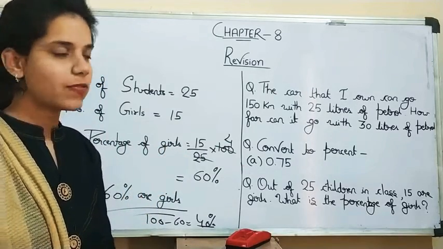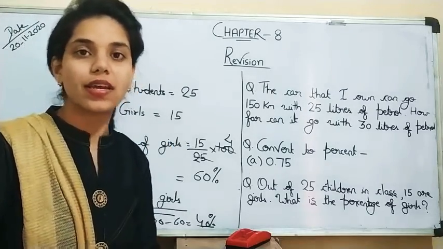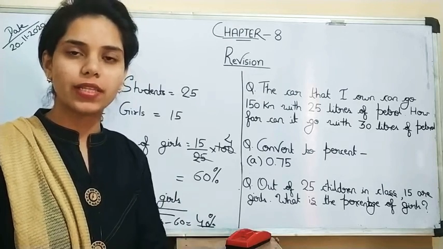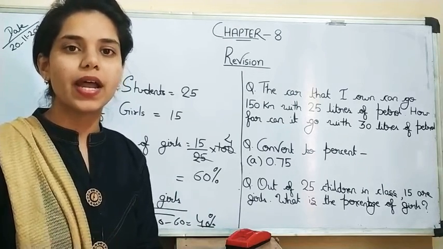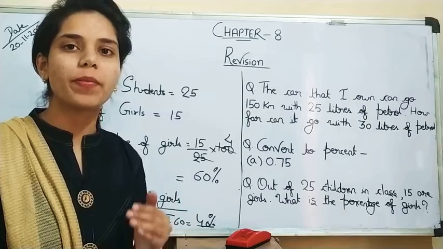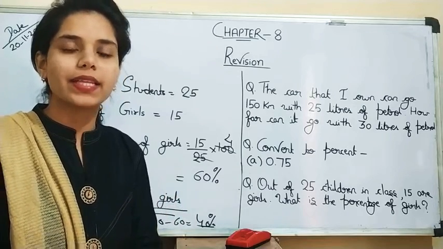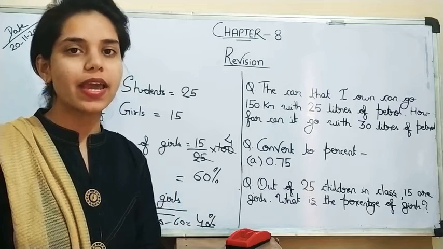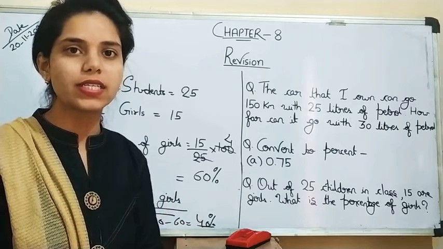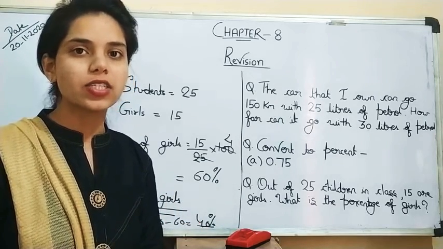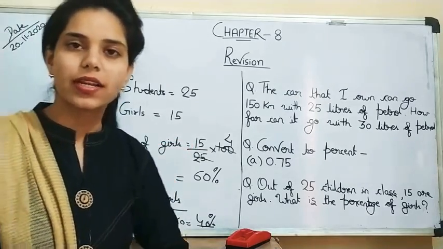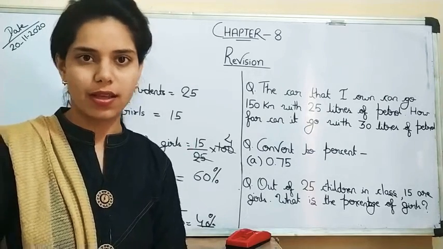In this way, to compare any two quantities, their units must be similar. If you compare the height of one person with another, you will not compare height with the weight of the other person. If you compare height, take the height of both persons. Anything given in a unit, the compared quantities must have the same unit. Understood this thing? So revise this chapter and solve questions related to it. If you have any doubt, you can ask. Thank you.